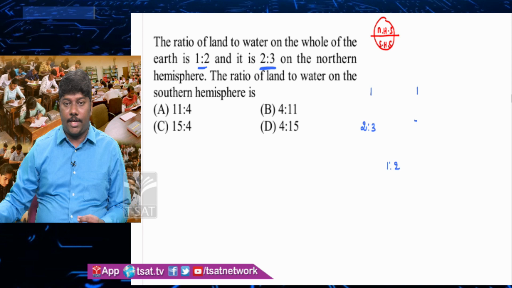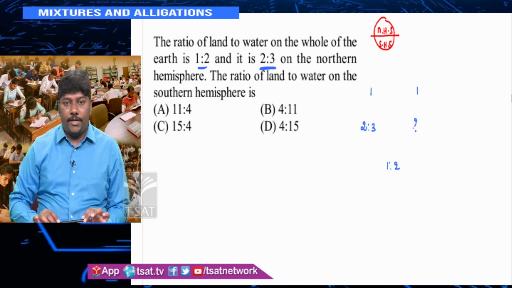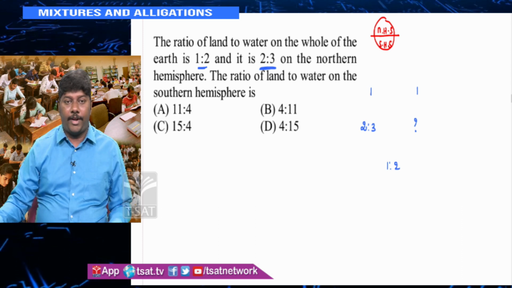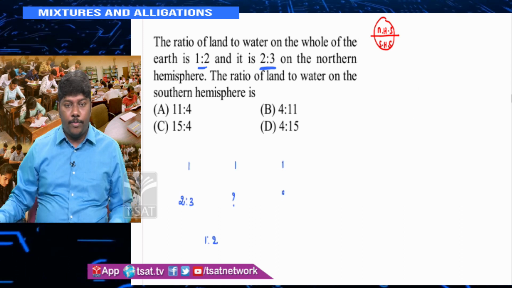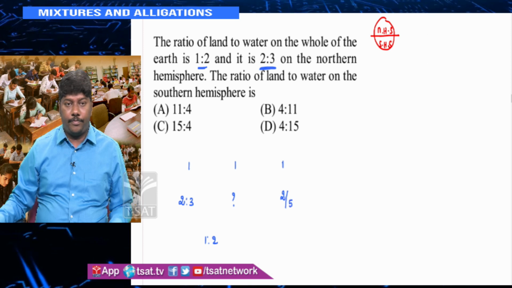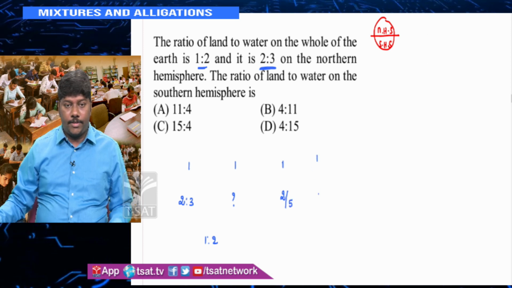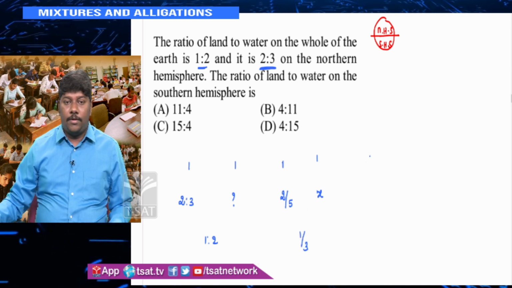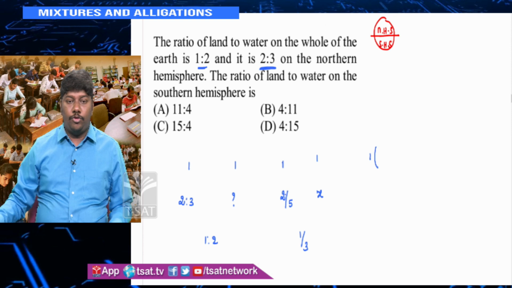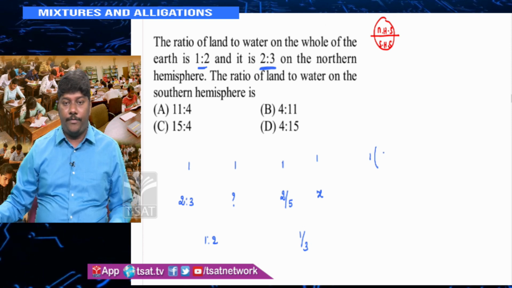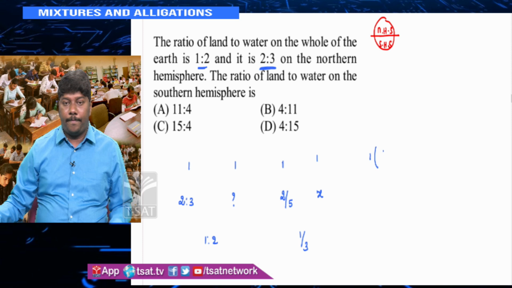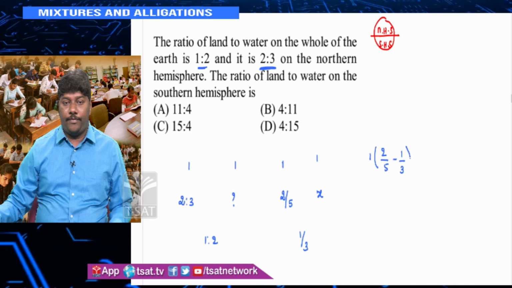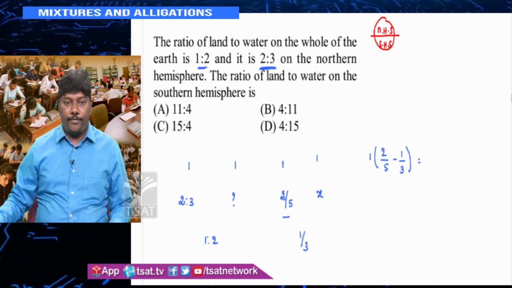Now, what is this ratio he is asking you? What is missing here? Clearly, A2 is missing. So first of all, I have to take a fraction here. It looks like 2 by 5, I am taking land. This I do not know, let it be x. Here 1 by 3. 1 into the difference is 2 by 5 minus 1 by 3, which gives me 6 minus 5, so 1 by 15 is equal to, if 2 by 5 is more, x must be less,